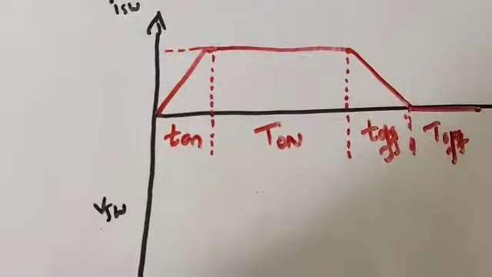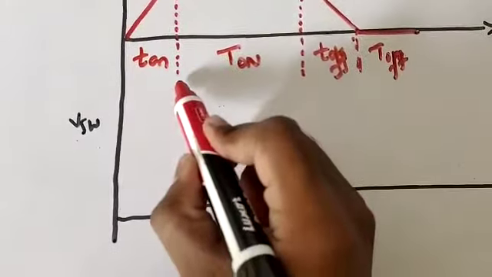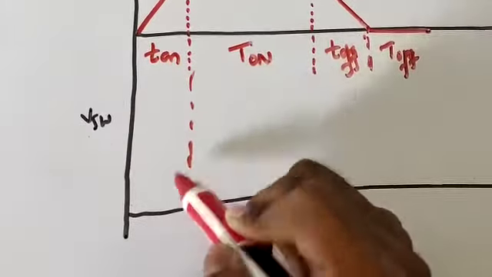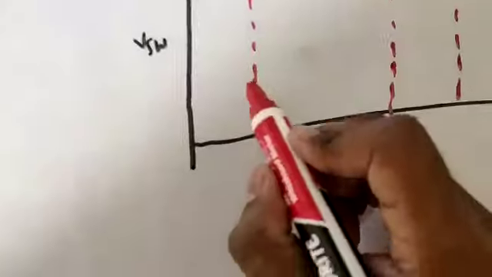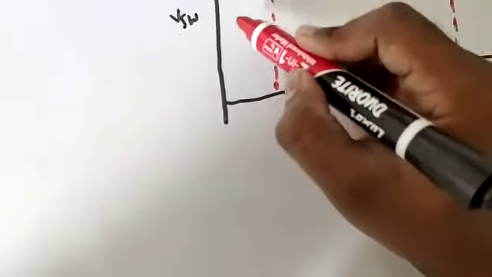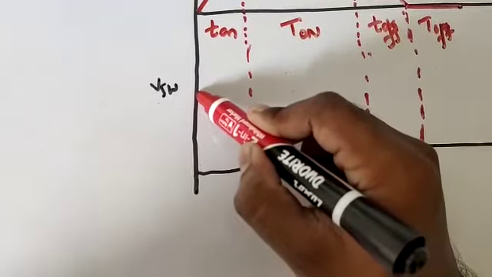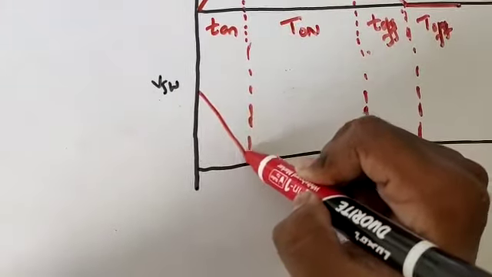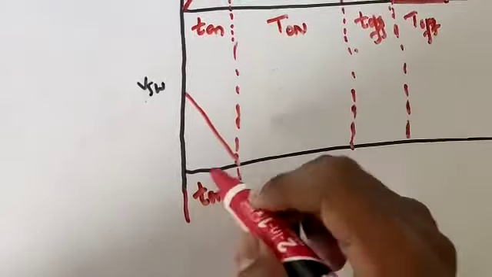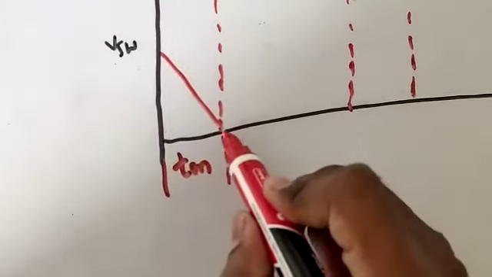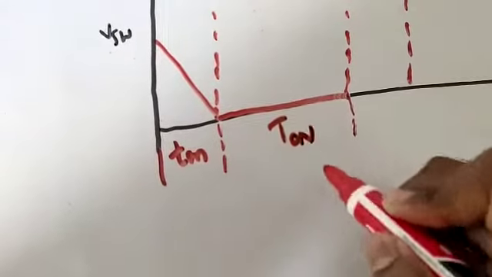Similarly, if I plot the voltage characteristics of a switch, let me drag these particular conditions over. The voltage characteristics of a switch can be defined as follows: initially at the off condition, the voltage will be at the higher position, and during the on position, the voltage drop across the switch will be equal to 0. It takes some time, and that time is nothing but the small t on time, and it stays under steady state at the 0 value. That is capital T on.